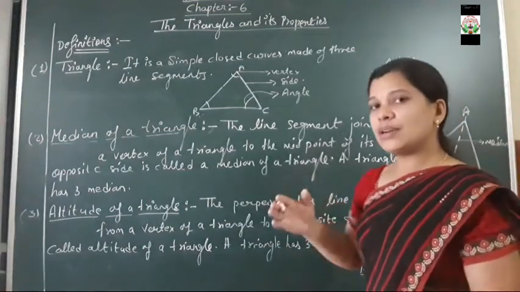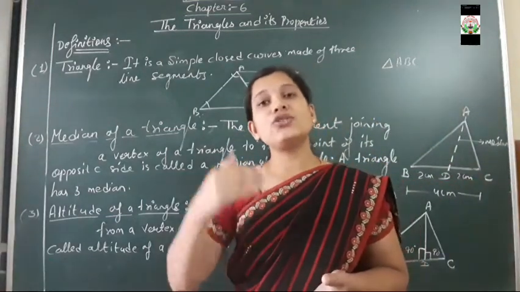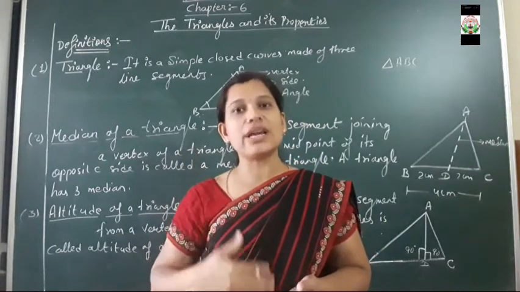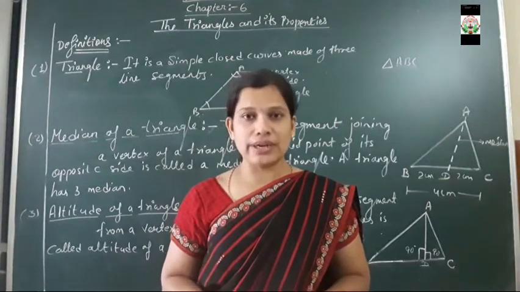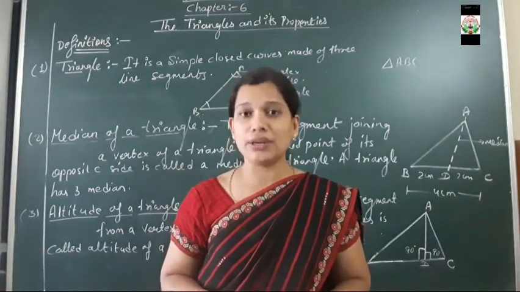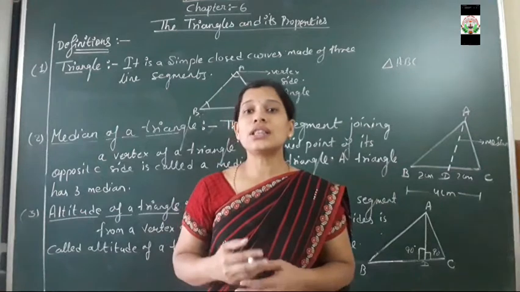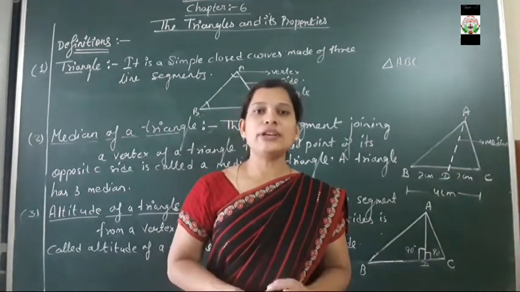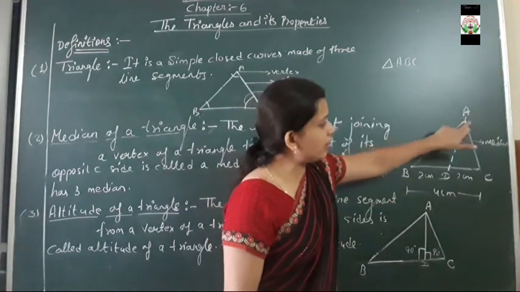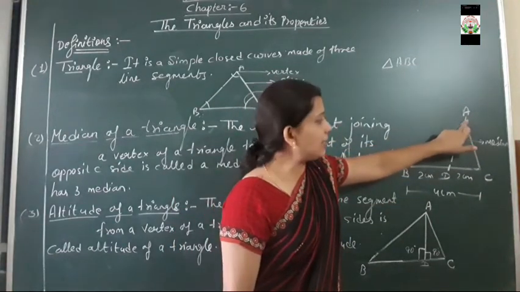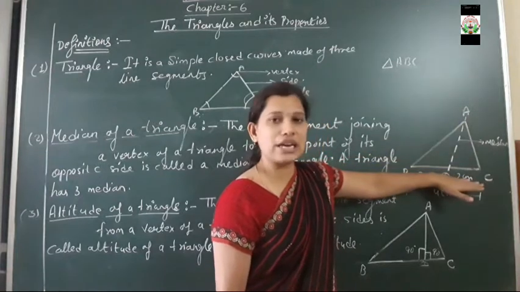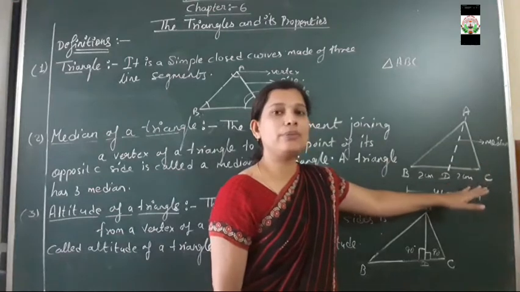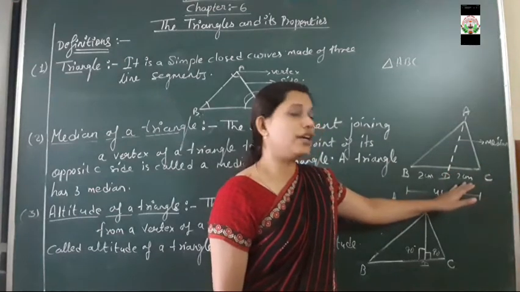A line segment that goes from a vertex to the opposite side of the triangle, dividing the side opposite that vertex into 2 equal parts, such a line segment we call a median. So there are a total of 3 medians present in a triangle. Any triangle has 3 medians. First you can see here that there is a vertex and a line segment joining the vertex to the opposite side BC, and the work of the median is to divide the opposite side into 2 equal parts.